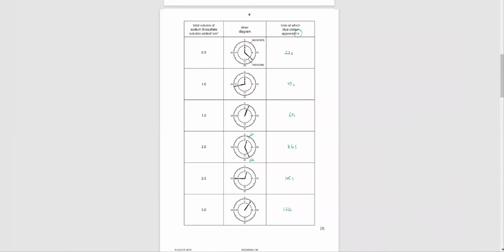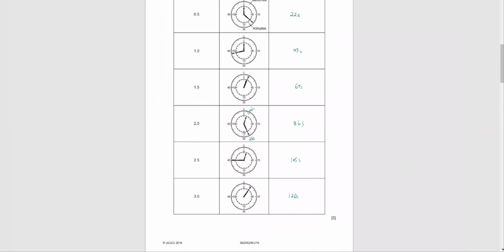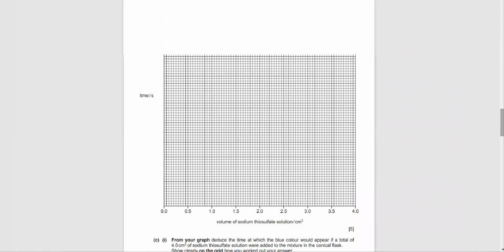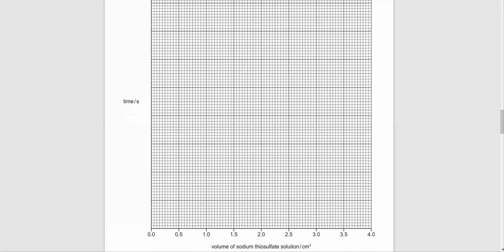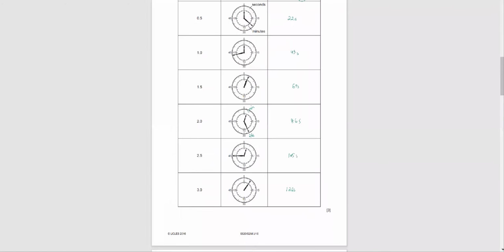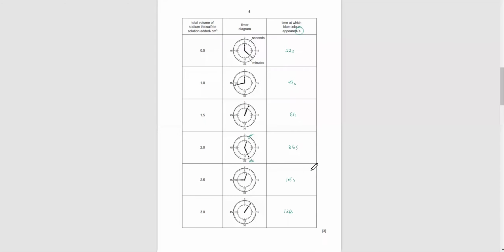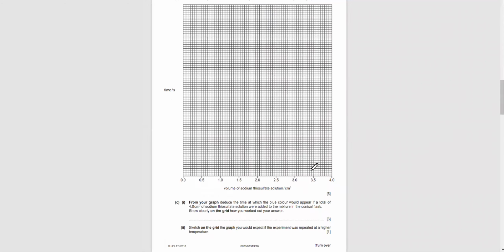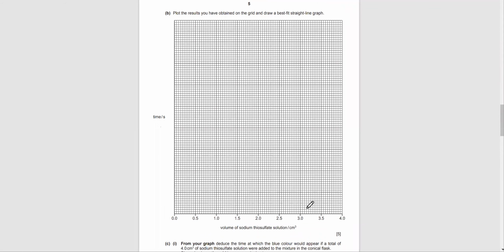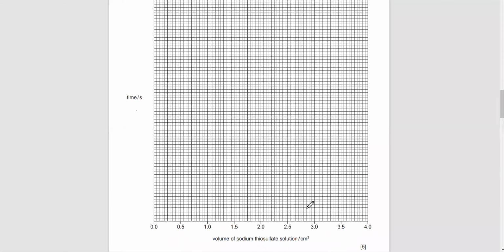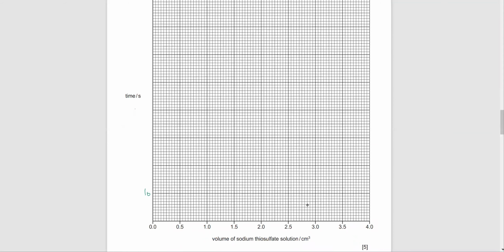We'll quickly do this too, okay? So it's 22 seconds and 43 seconds at every 0.5 interval. 22 and 43. This side is not marked. Mahad, how will you choose the scale of this side? What's your range? It's up to 126. So we could go by 10. No, if you go by 10, it has to go up to 150 starting from 20. That won't work, we'll have to go by 20. This would be 20, this would be 40, this would be 60.